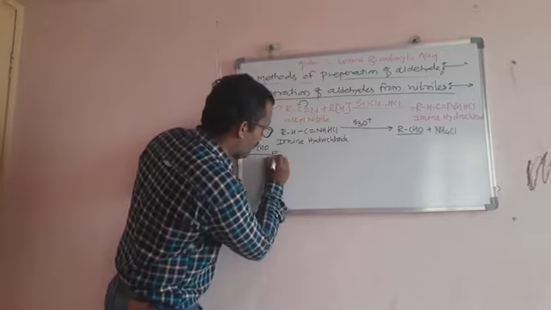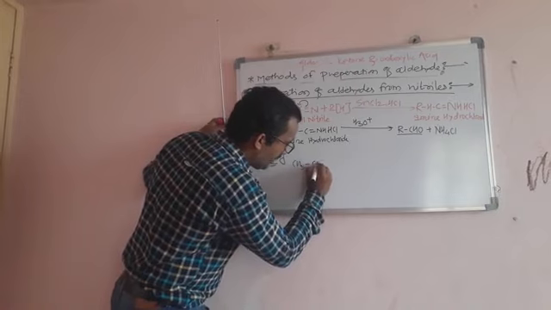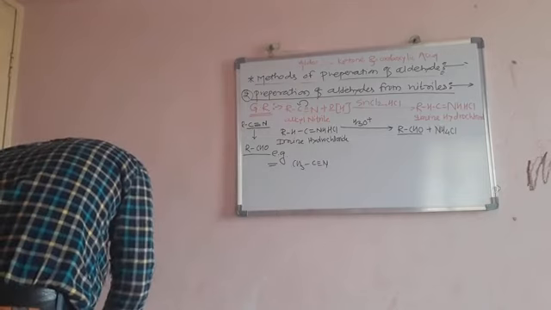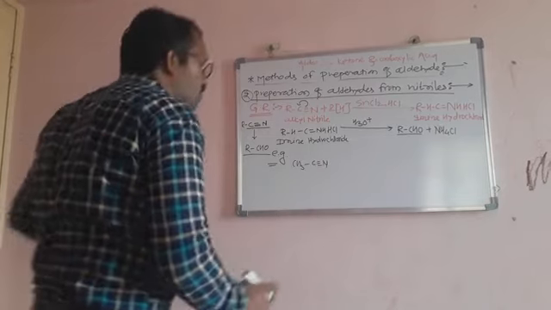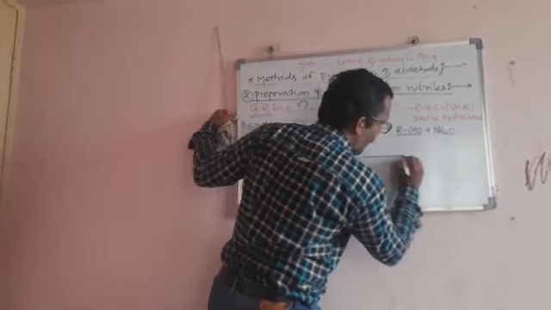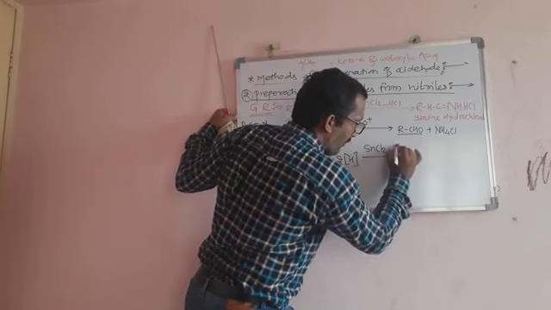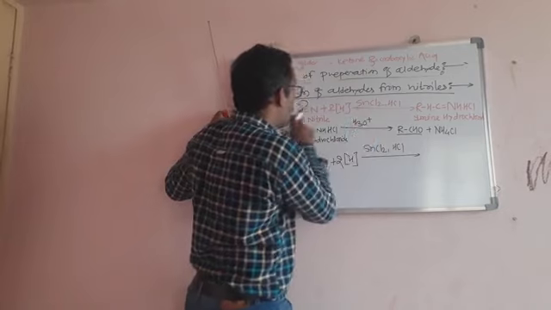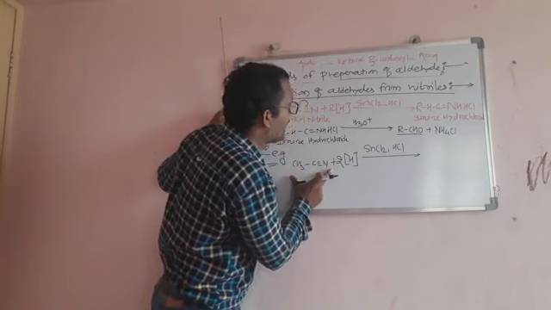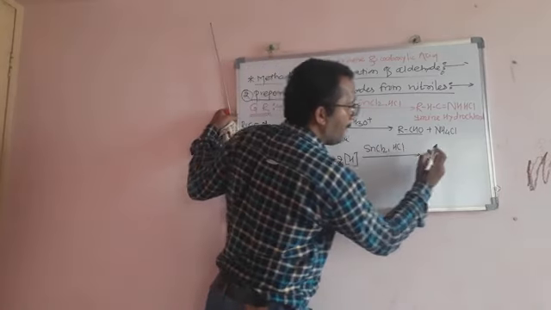The reaction is, for example, ethanenitrile, that is CH3C≡N. This is the ethyl nitrile, which is also called ethanenitrile, and it undergoes reduction with 2 nascent hydrogen in the presence of stannous chloride, that is SnCl2, in the presence of HCl. Only we change, instead of the alkyl group we take CH3, and that gives ethanenitrile. That ethanenitrile undergoes reduction with stannous chloride in the presence of HCl to get converted to